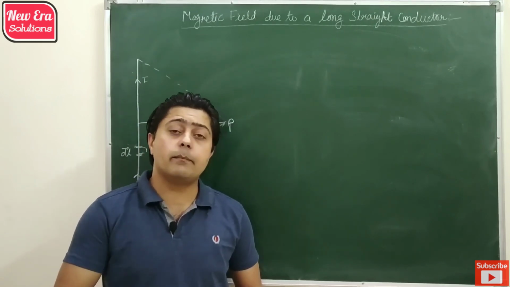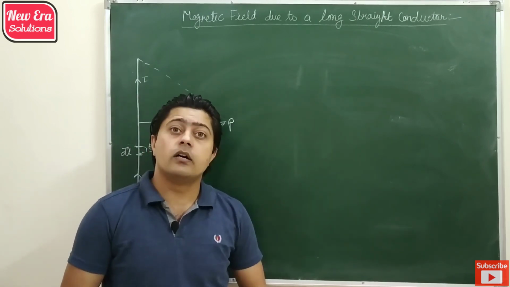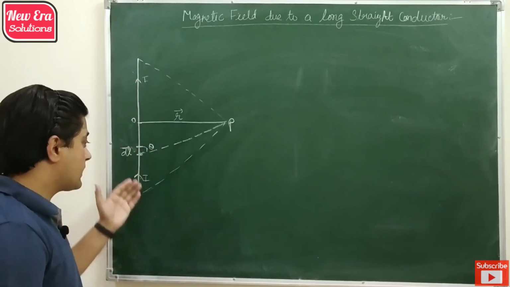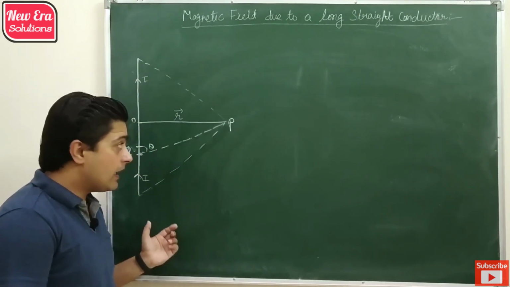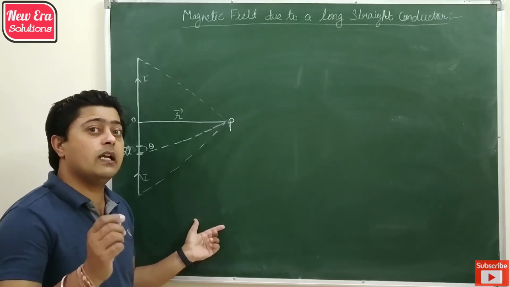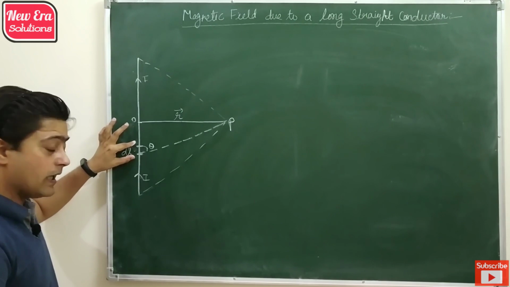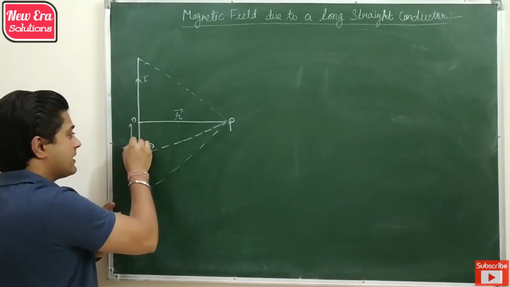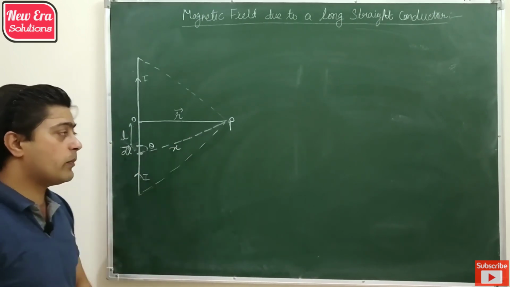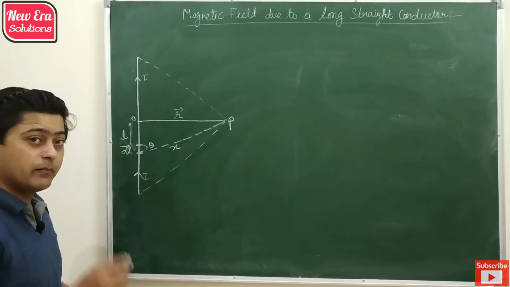Now let's find the magnetic field due to a long straight current carrying conductor at any point. For that, let a long current carrying conductor carry a steady current I, and there is a point P at a distance r at which we have to find the total magnetic field. Then to apply Biot-Savart's law, we assume a small current element dl at a distance L having position x from the point P, and the angle between this displacement vector and the current element is theta.